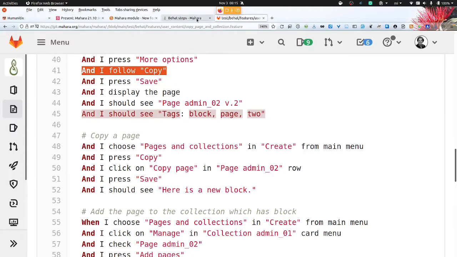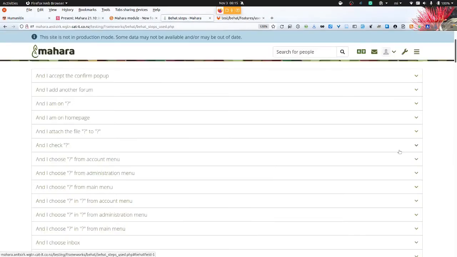So what we have done is essentially create a page within the Mahara administration area where all of those formulaic phrases are gathered, making it easier for anybody wanting to write those Behat steps to know what can be used. We've had that already in the code base, but there it's quite hidden.